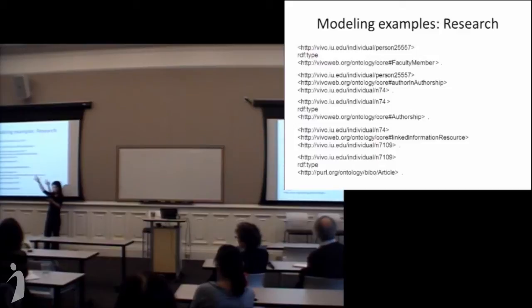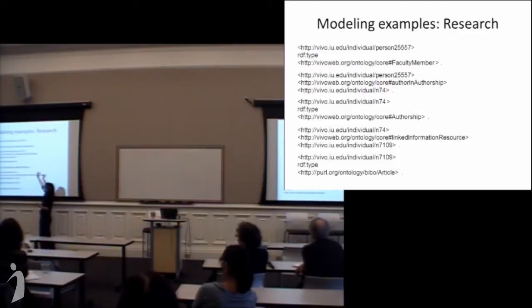So this is a faculty member. And the same person, because of the same URL, has author in authorship. In this individual, N74, we don't know what it means,